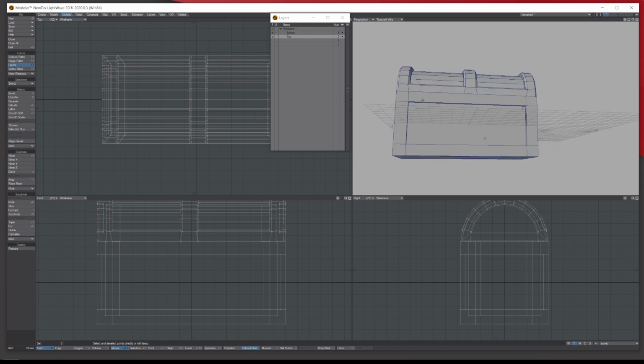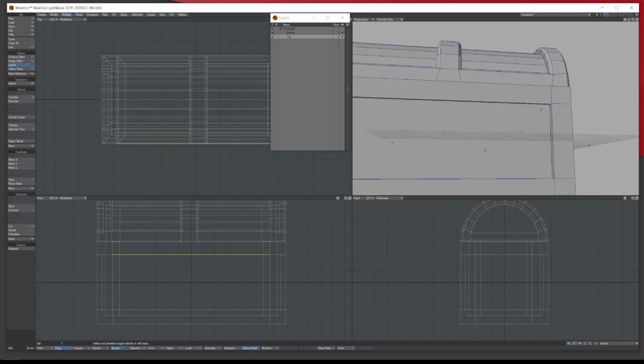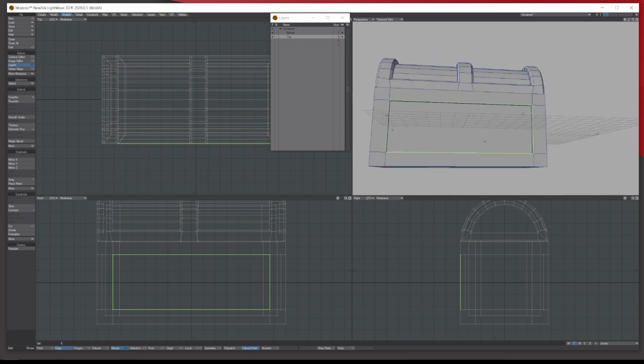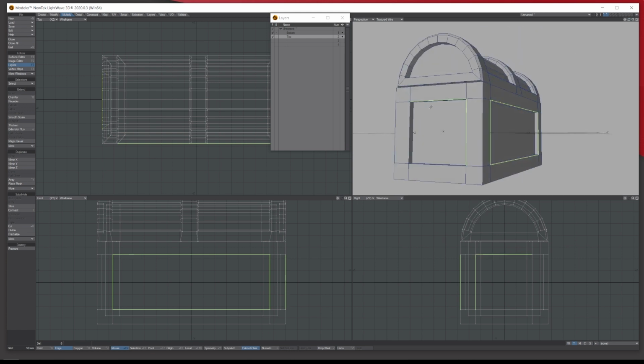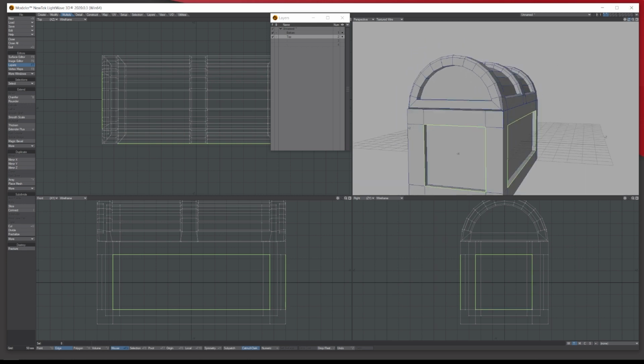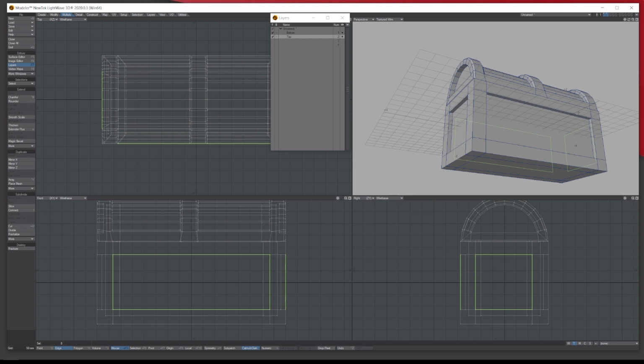Now, like before, what we could do is spacebar, and we can select these outer edges like so. And you would go round and select them all, making sure I've got the right ones, like so. You see, so they're not so sharp.